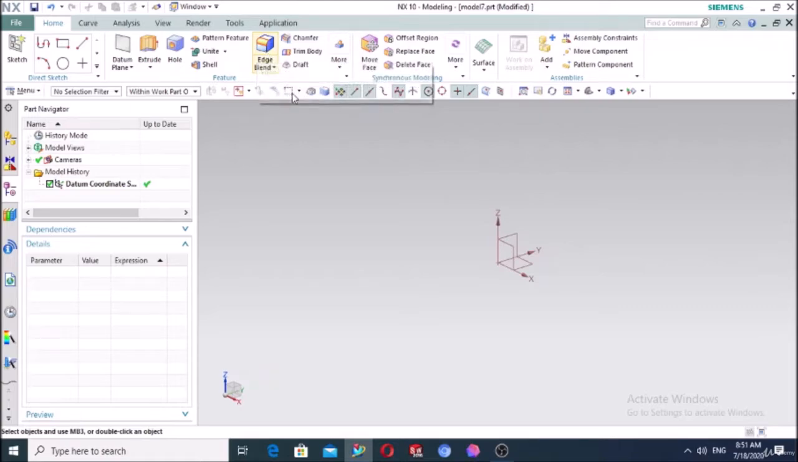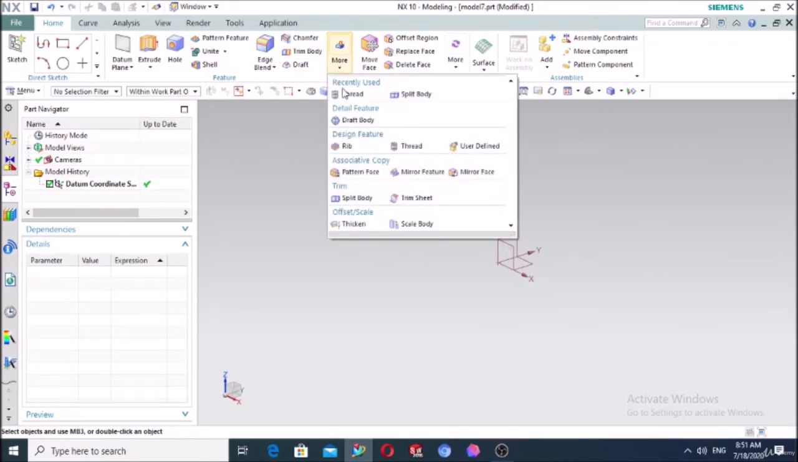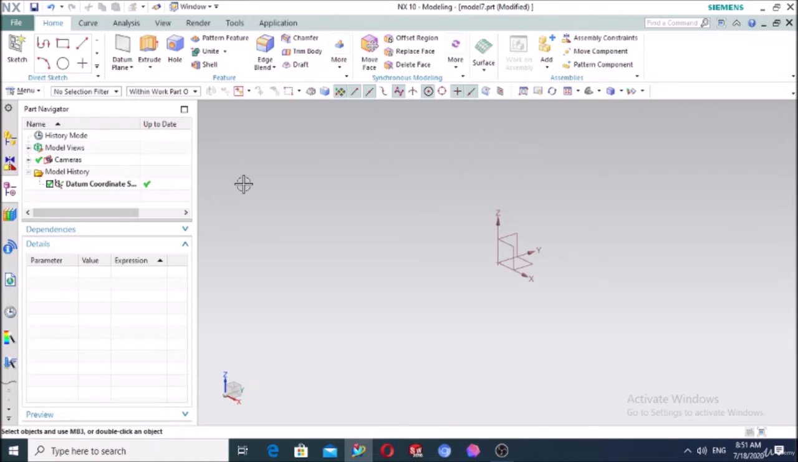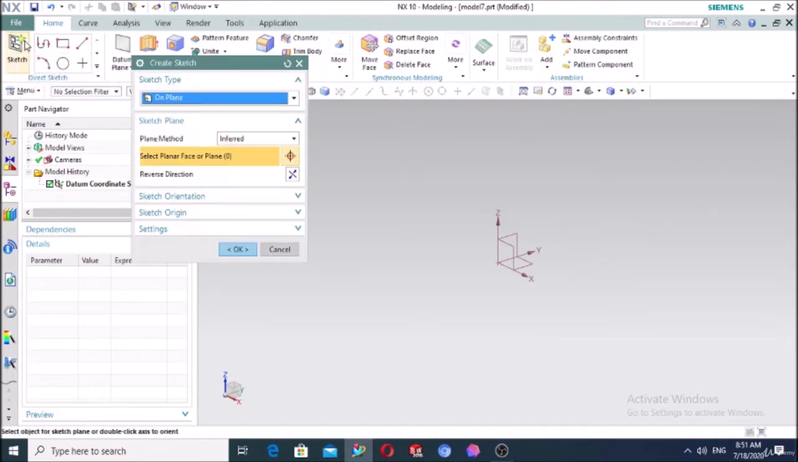Then we will see how to make the chamfer. We have seen how to make the edge blend and chamfer in two dimensions, but in this case we will see them in a three-dimensional object. Then we will see all the options of how to make the draft. Then we will see here how to obtain the inner thread and outer thread for the object. So let's start. For the beginning, let's select the sketch,